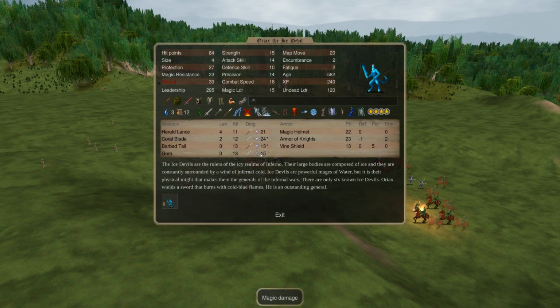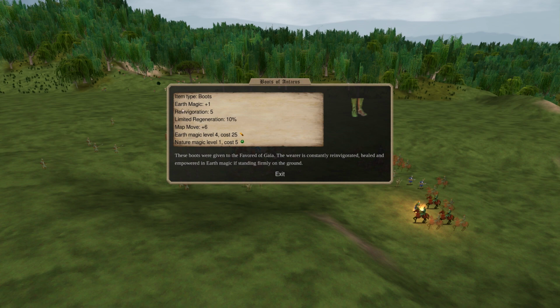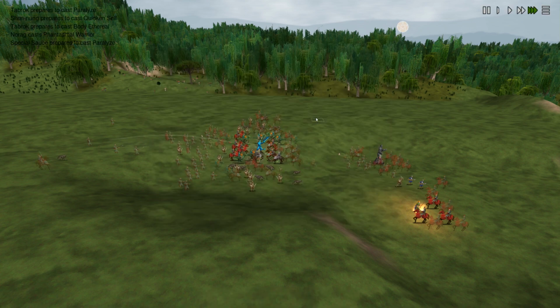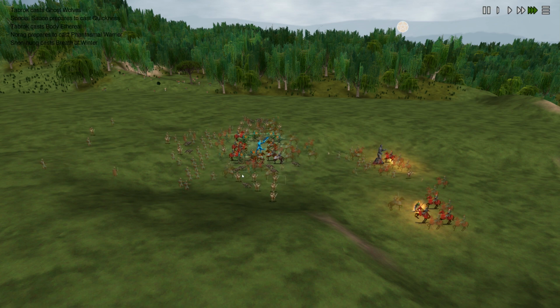This guy's just going nuts over here, just absolutely nuts. And this isn't even terribly good gear. I mean, it looks like he's like, what do we got? I mean, this is the shit. This item's really good. But everything else is kind of like, what do we got? Let's throw it on. Which honestly is usually how it is when you're defending your capital, but...